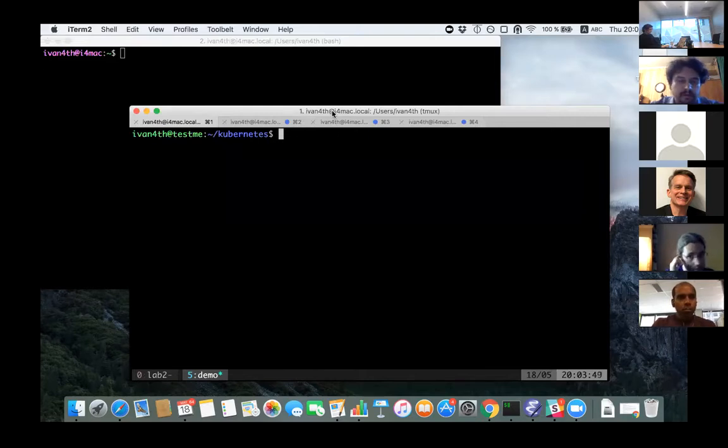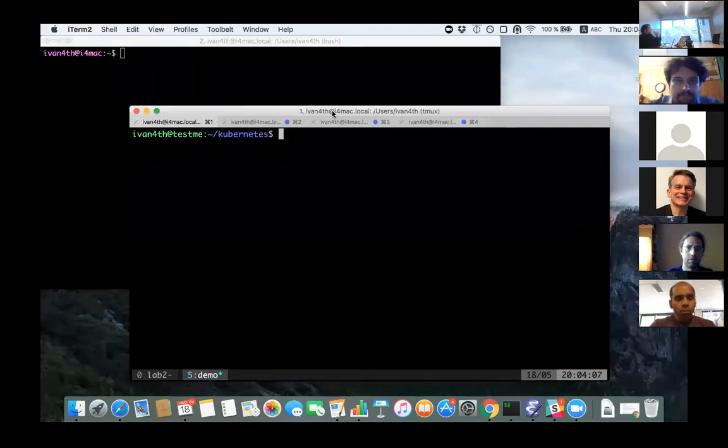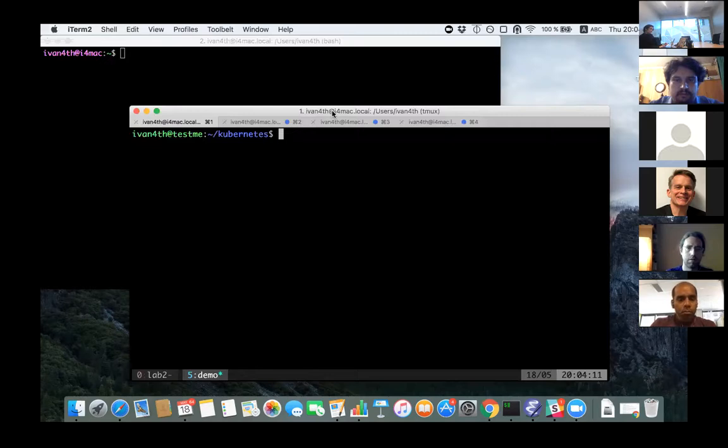But Minikube is currently not very well suited for development of Kubernetes itself, because it's rather hard to update the binaries from local Kubernetes source. And both of these tools also run single node clusters, and sometimes you may want a real multi-node cluster, and you may want to run end-to-end tests for it.